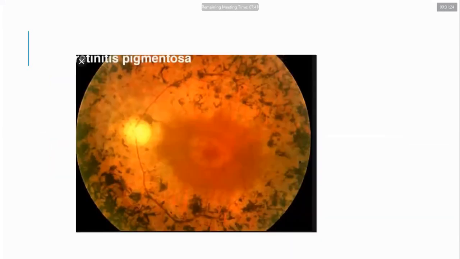Now coming to retinitis pigmentosa, which is a very long topic, but I have summarized it in only 2 or 3 slides for you, which is what is required. So just the picture will give you what retinitis pigmentosa is. There are 3 things which you have to learn by heart, or know until you pass the exam. One is the disc. What is the color which you see? It is not the pink red, but it is the yellow waxy.